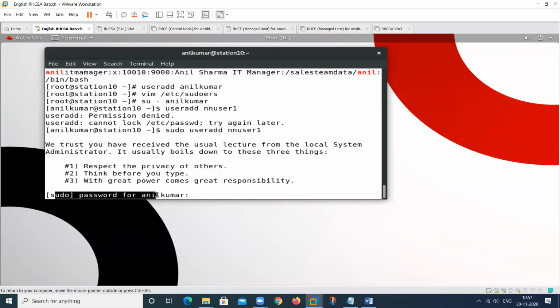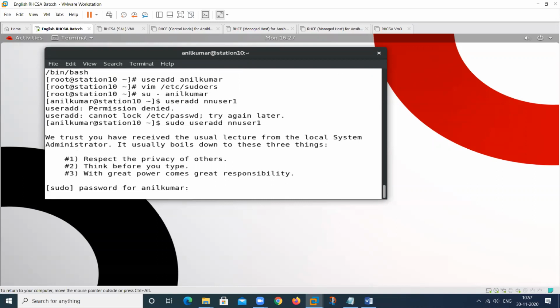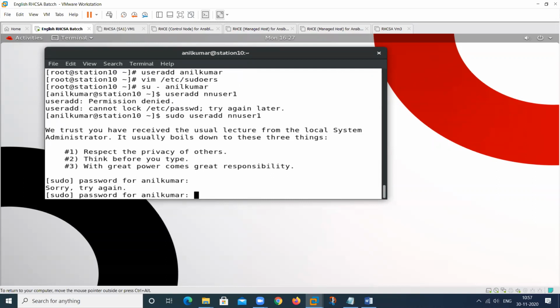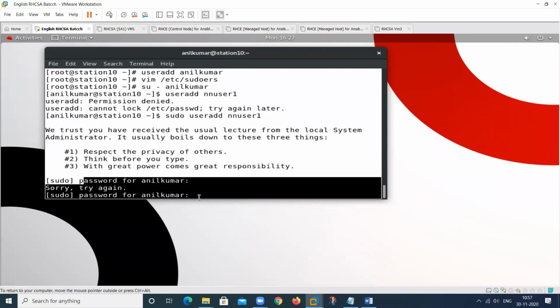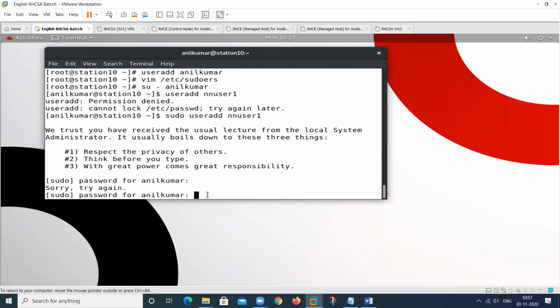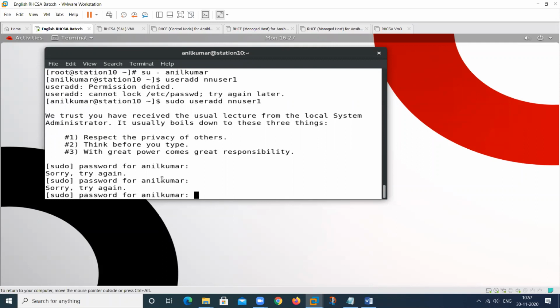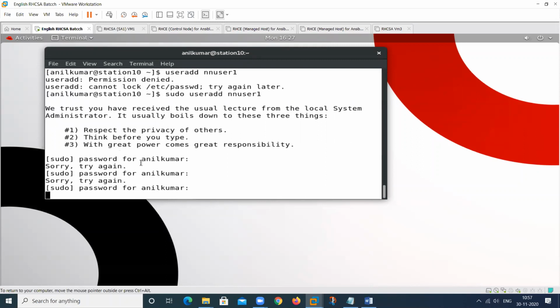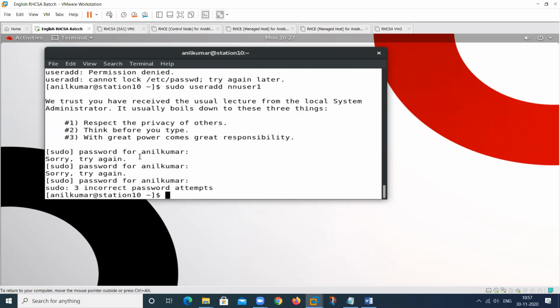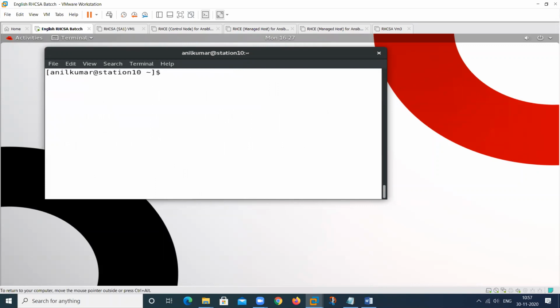The first time it will ask you. Then type the password. So this is showing me an error again. Then type the password again, because I have not provided a password for this user. So this command will not work. So the credential has to be complete, because I created this user but did not give a password.